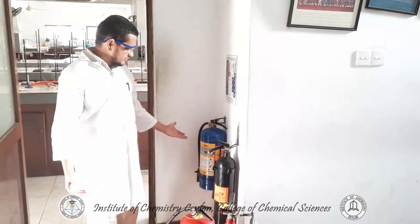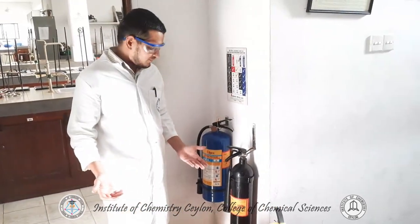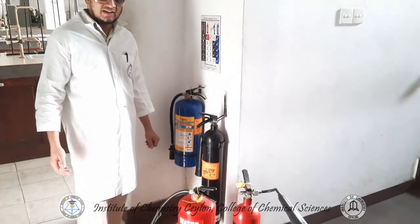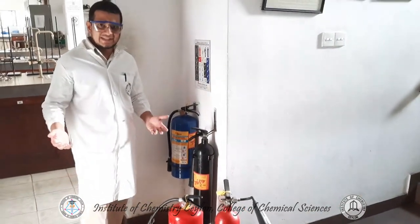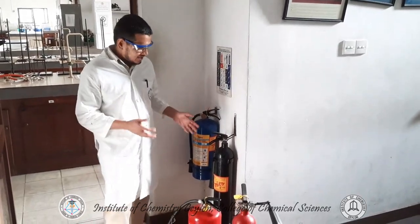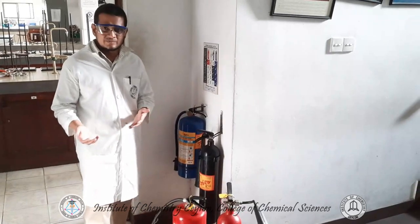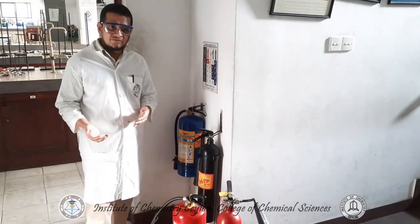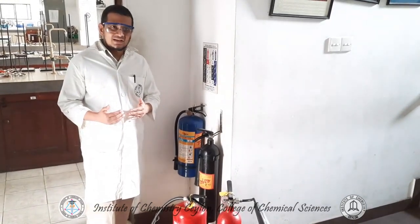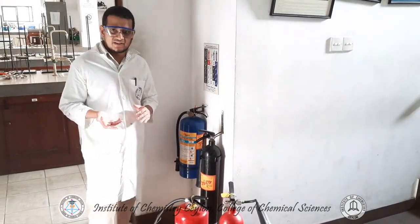So these are fire extinguishers, and you will be having an assignment of different classes of fire extinguishers. Inside the labs we can have different types of fires, and the different types of fire extinguishers are used for different types of fires. For example, if you have an oil spill and if oil is catching fire, and